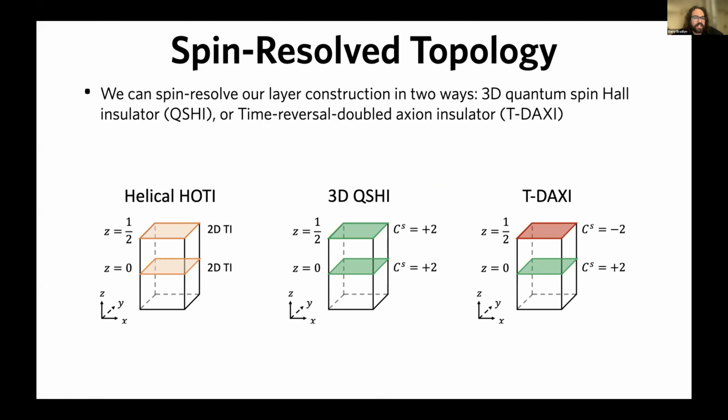And what we find in this case is that there are 2 ways that we can take this layer construction of a helical Halide in terms of 2D TIs and spin resolve it. We can either have 2D TIs with partial Chern number or spin Chern number +2 at z = 0 and z = 1/2. This gives us an extensive bulk spin Chern number and extensive bulk spin Hall conductivity. Or more interestingly, we can have a case where the spin Chern number